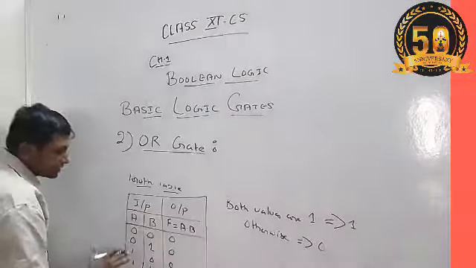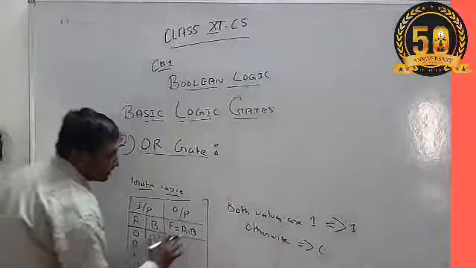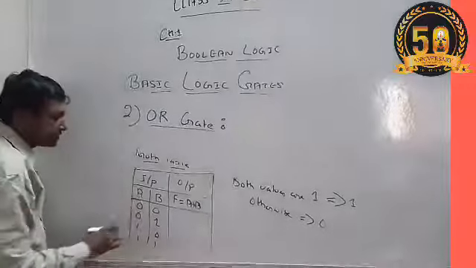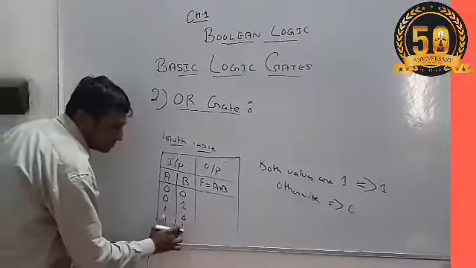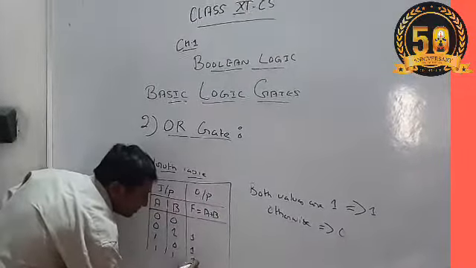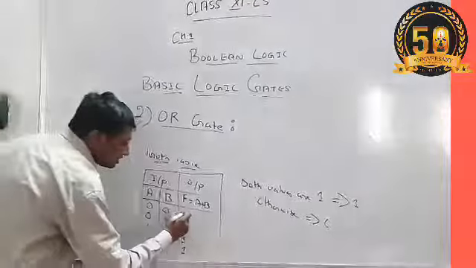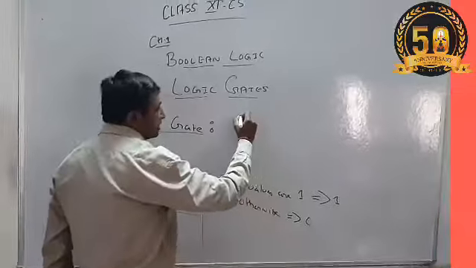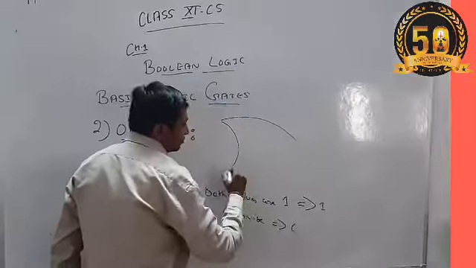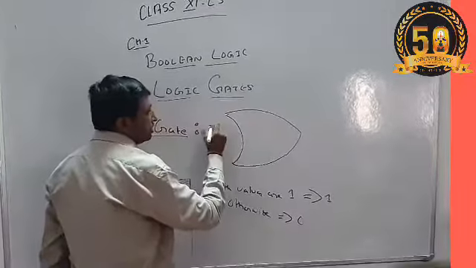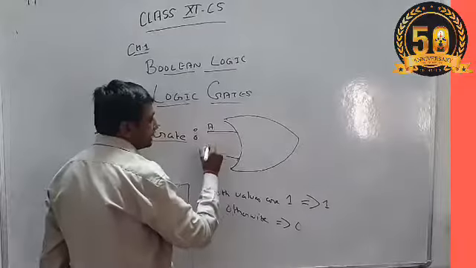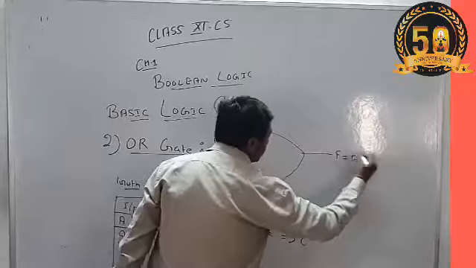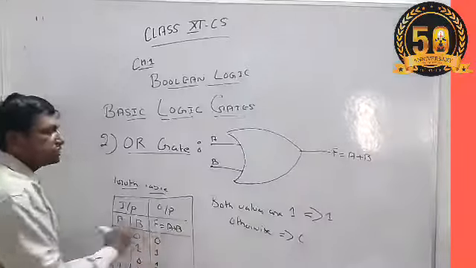Similarly, in the case of the OR gate there is a symbol that is plus. Plus represents the OR gate functionality. So if one of the inputs is high, then we will get high. If both the inputs are low or 0, we get the 0 output. The diagram of the OR gate resembles a curved arrow sign, and we have two inputs, A and B, and finally we get the output F equal to A plus B, and the output will be on the basis of the truth table.